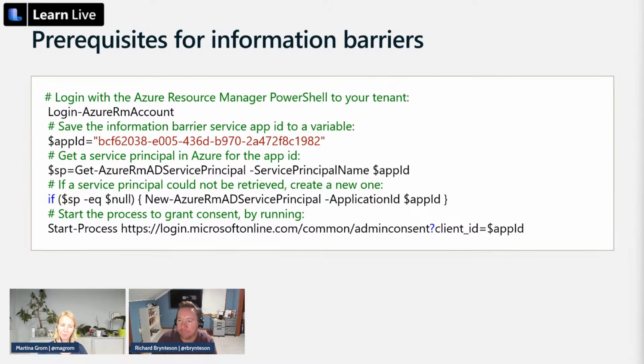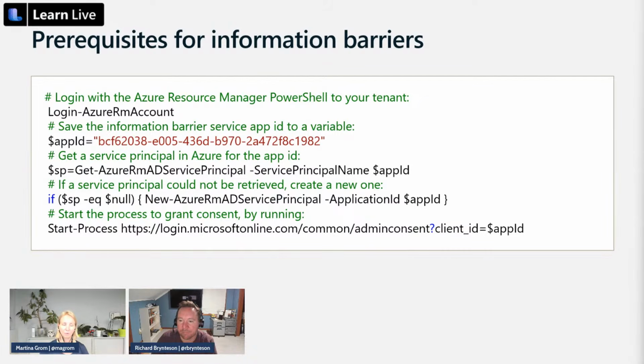And from a permission perspective, who can create and configure information barrier policies? It needs to be either a global administrator or a compliance administrator.